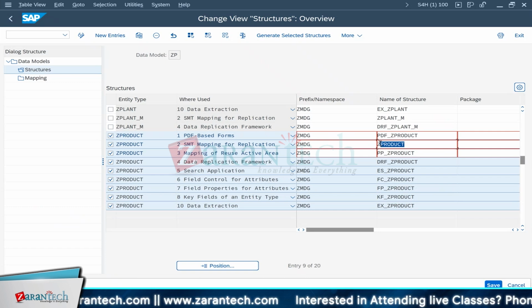From MDG applications, you can generate PDF forms. During PDF forms, this structure will be used. So the system always prepares the structure name with this prefix, your entity name, and these keywords: PP or PP PDF. DRF is for data replication. ES means enterprise search. FC means field control. So these two structures, field control and field properties,